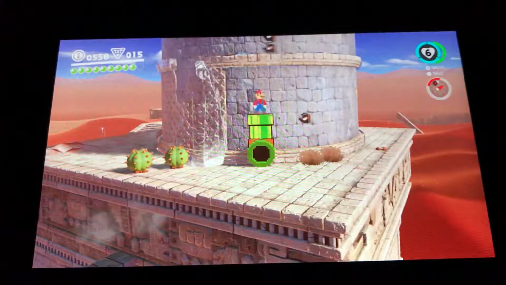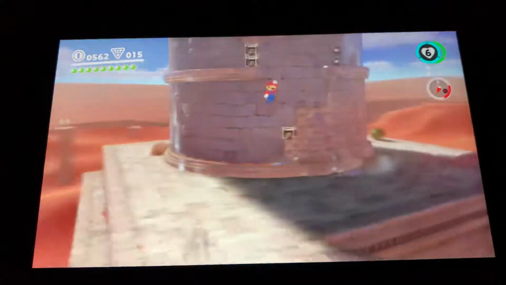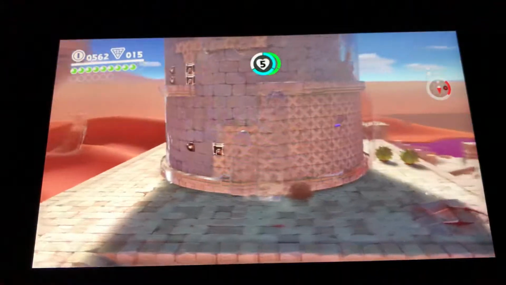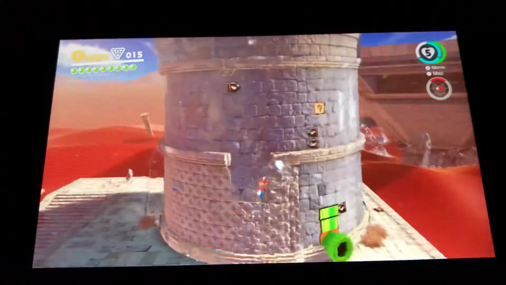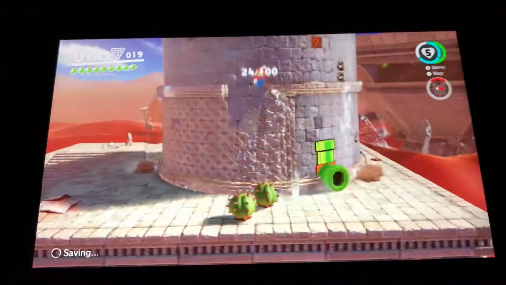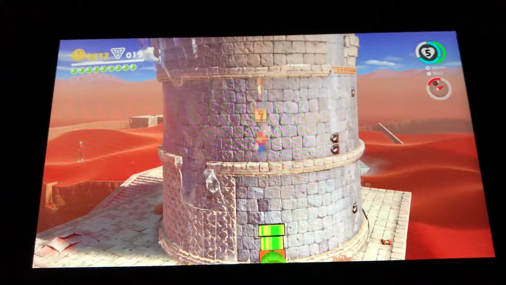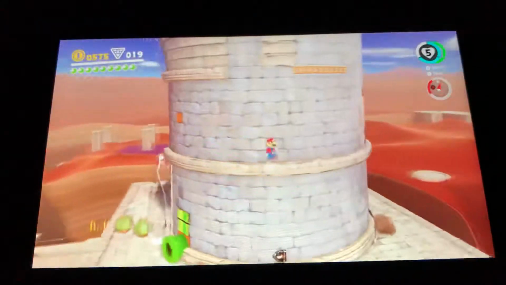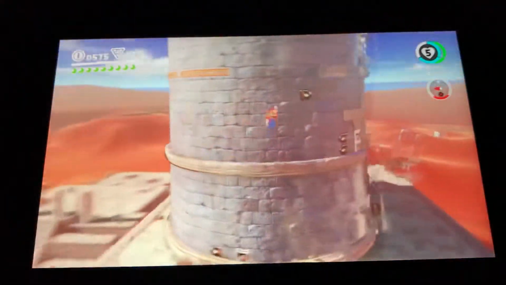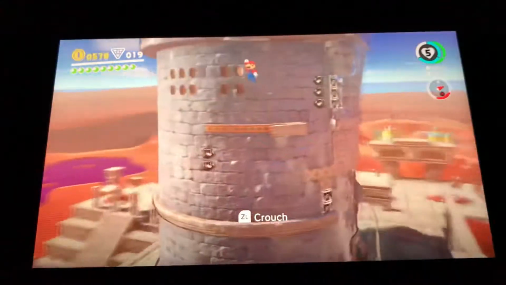Another warp pipe. Honestly, the 8-bit controls for Mario feel better than the original Super Mario Bros. controls. You can also shake the Joy-Con to jump, but I actually don't find it that reliable. It's good for jumping, but...